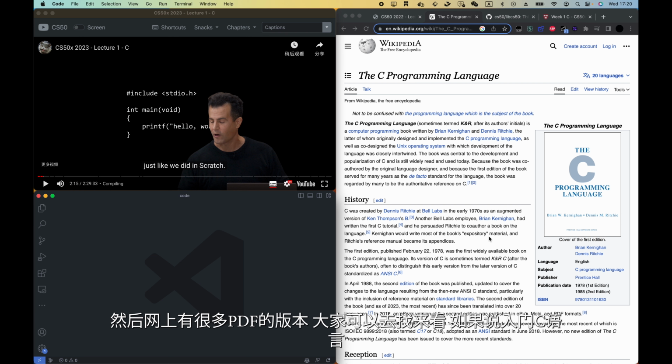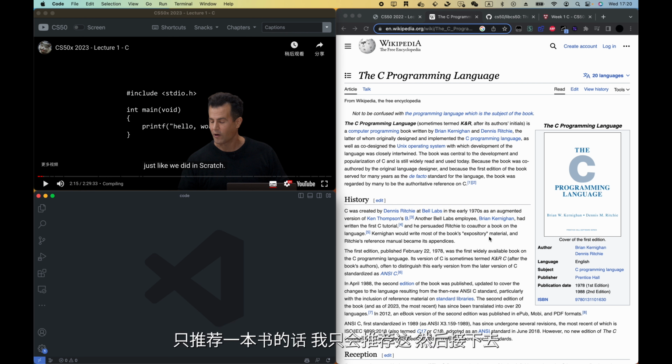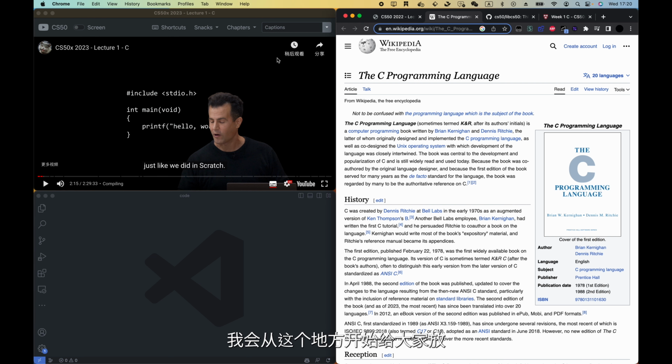PDF 的版本，大家可以去找来看。如果说入门 C 语言推荐一本书的话，我只会推荐这一本。接下去我会从这个地方开始给大家放。